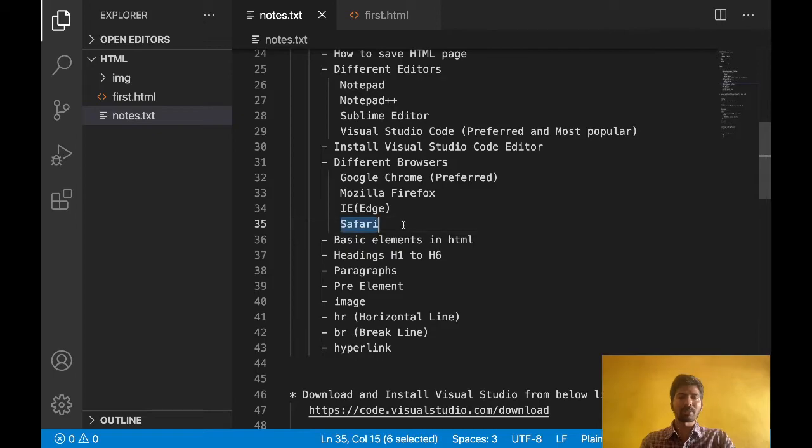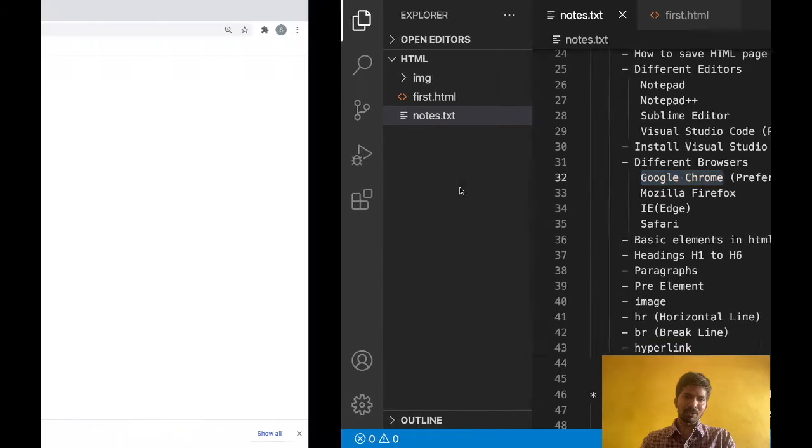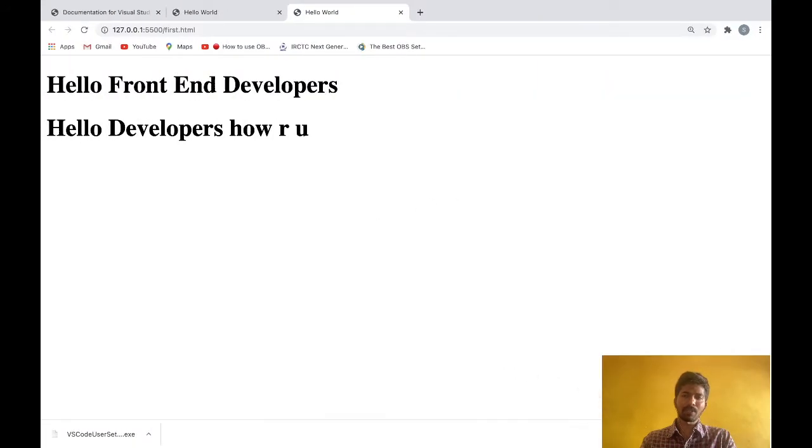Safari is the default browser for the Apple MacBook, the Apple laptop. But I prefer Google Chrome, because you can get the result faster. Once you click this one, immediately you will get the output.